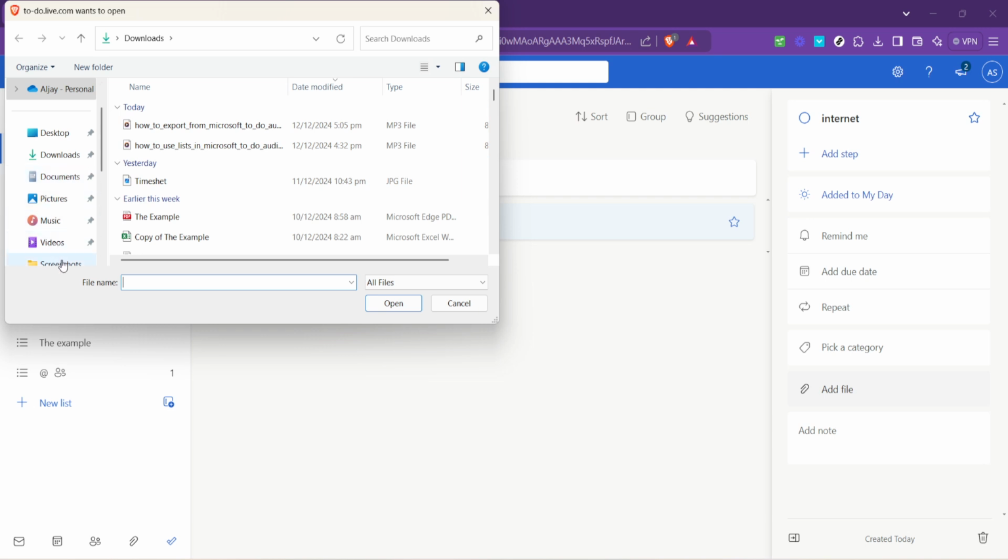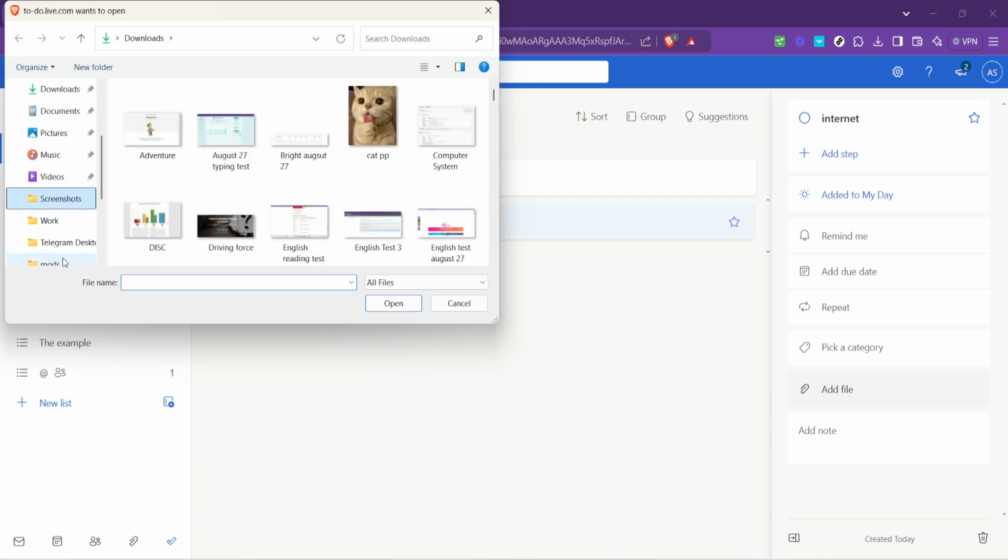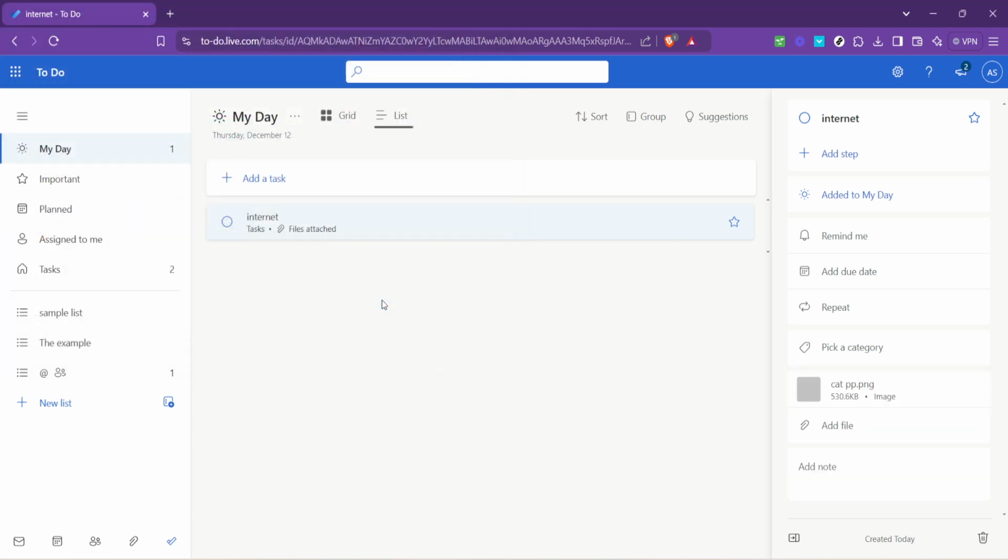This process might take a few moments depending on the file size and your internet connection speed. After the file has been successfully uploaded, you'll see it listed within the task's details. This ensures that whenever you access this task, you'll have all the necessary resources at your fingertips, neatly organized together. It's a great way to keep things streamlined and efficient, allowing you to focus on the task at hand without